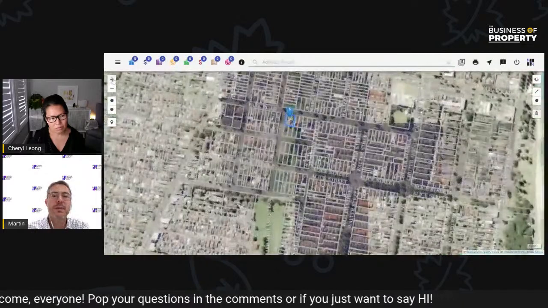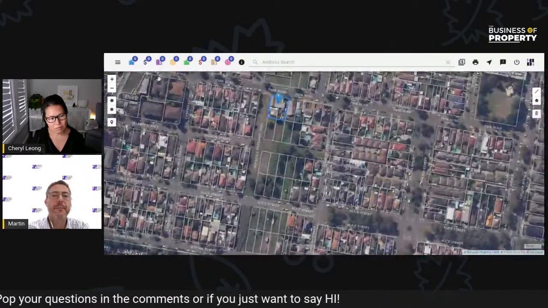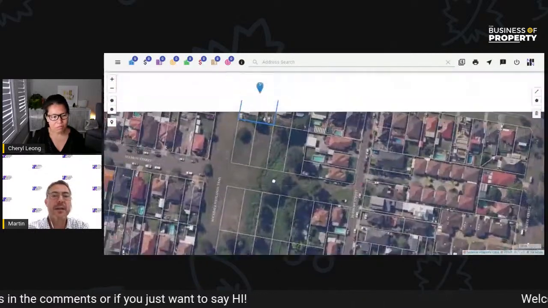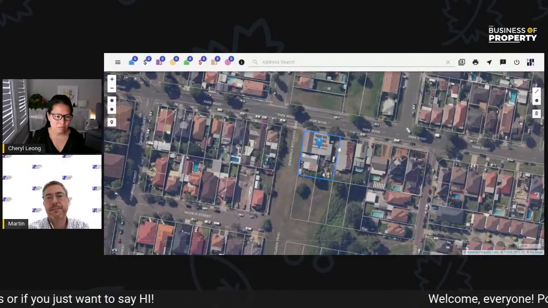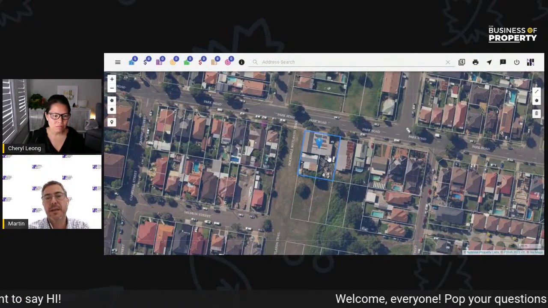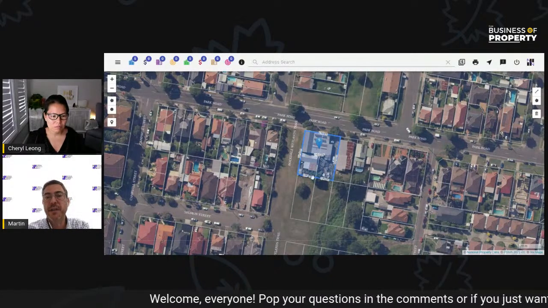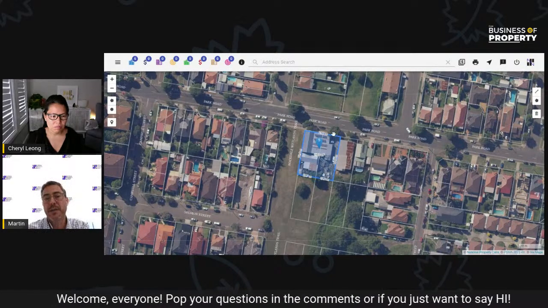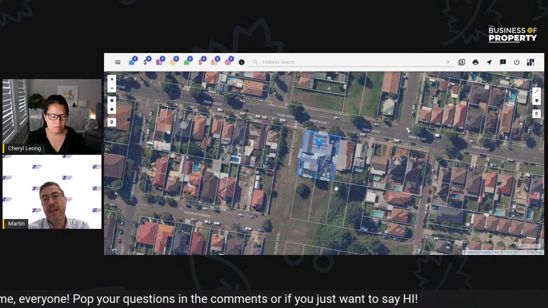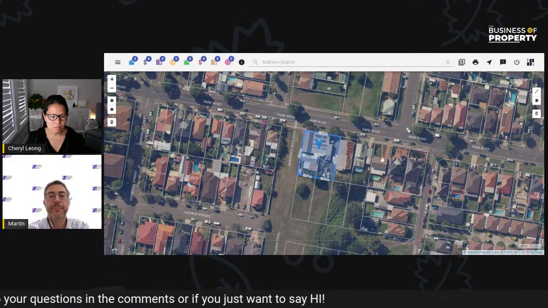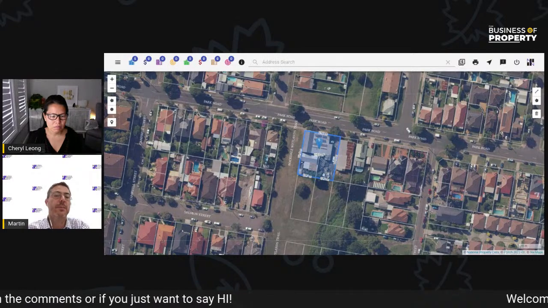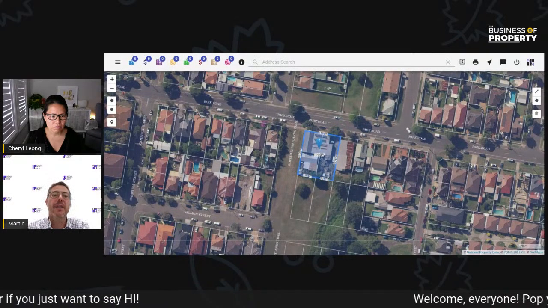So if we zoom in on that one, we can see that that house is on 2 lots because it's got those 2 lines. Now we can measure that one and find out what the 2 frontages are and the combined frontage. So we can see that potentially that could be subdivided. I mean, there's a massive house on there, so you probably wouldn't want to do it,